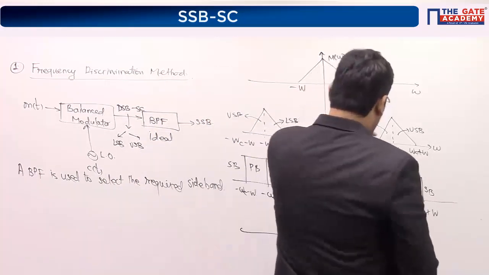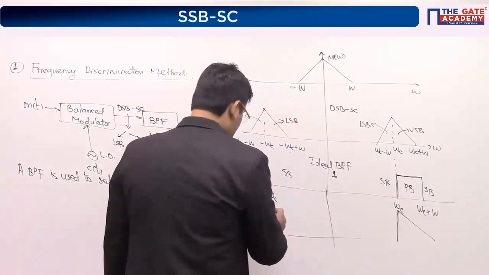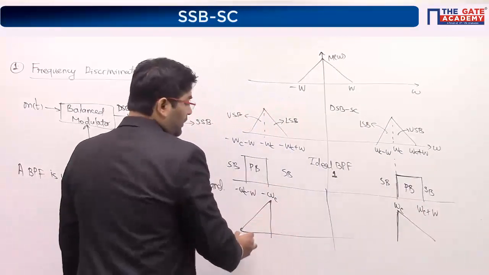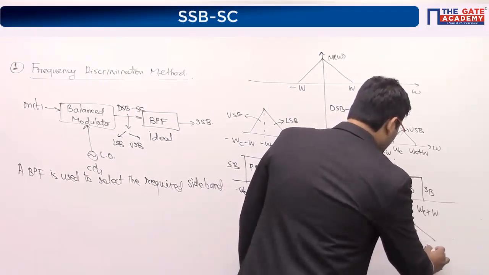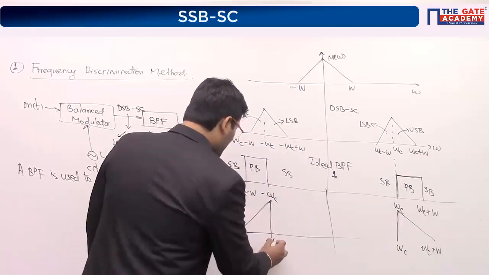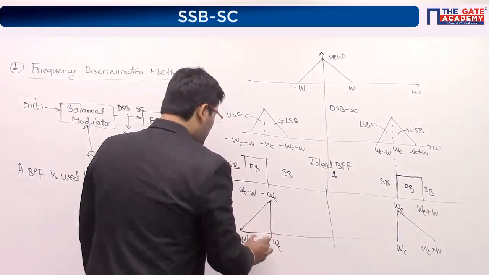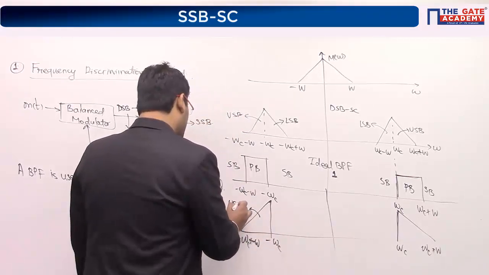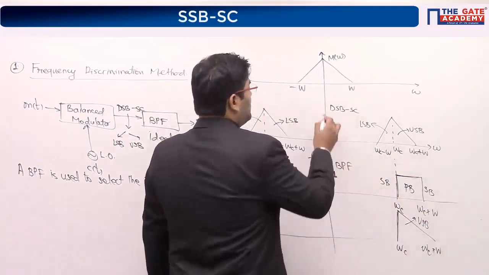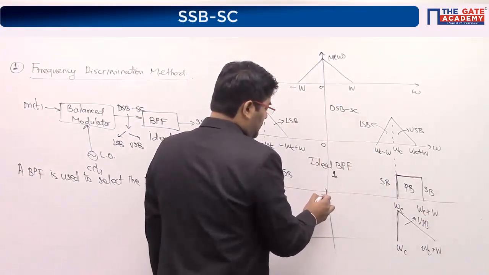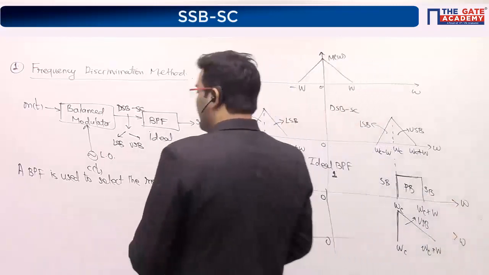So if you just take the upper sideband, it will be this. Bingo. Now you really feel it, guys. I hope so. So omega C plus W. I'm putting a lot of hard work in drawing this. So this is also upper sideband. This is upper sideband. Please draw. Ask any question.